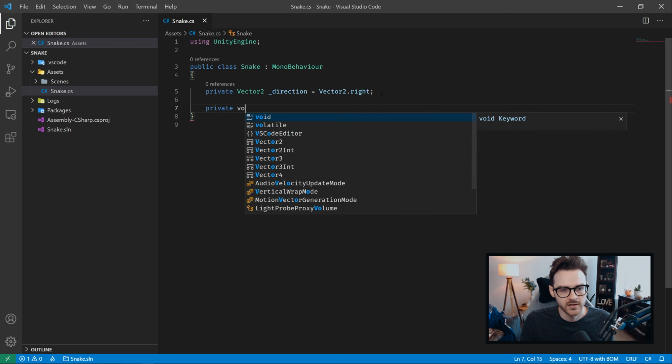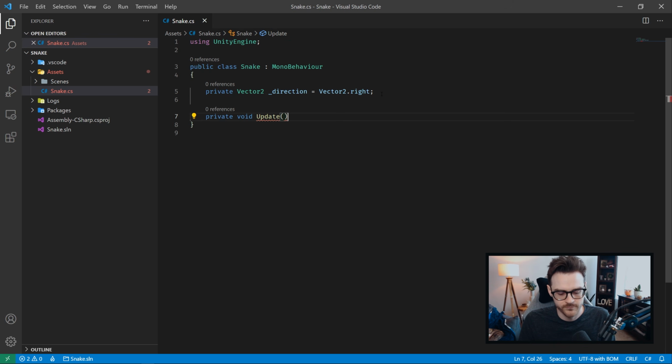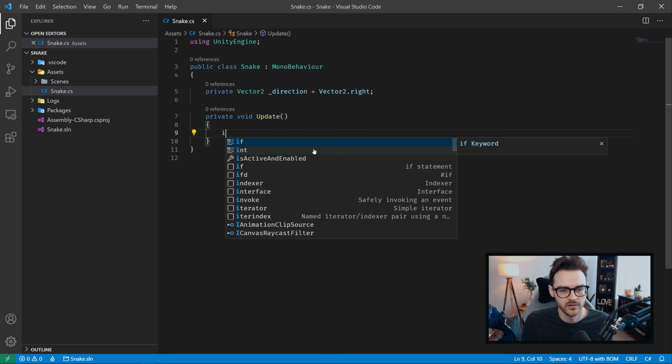From here, we can add a function called Update, which Unity is going to call automatically for us every single frame the game is running, or every single frame that this script is active on a game object. And this is commonly where you'll handle things such as input. And so that's what we need to do. We need to assign our direction based on the input the user presses. So we can say if